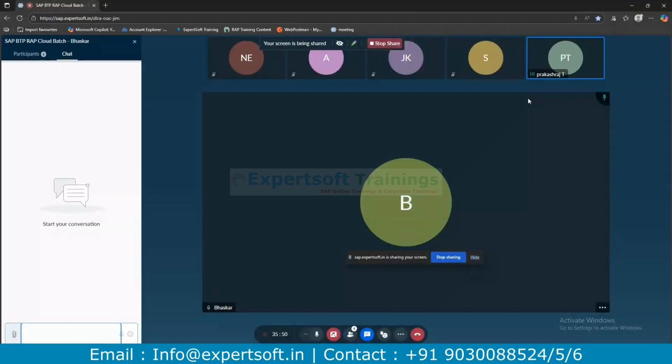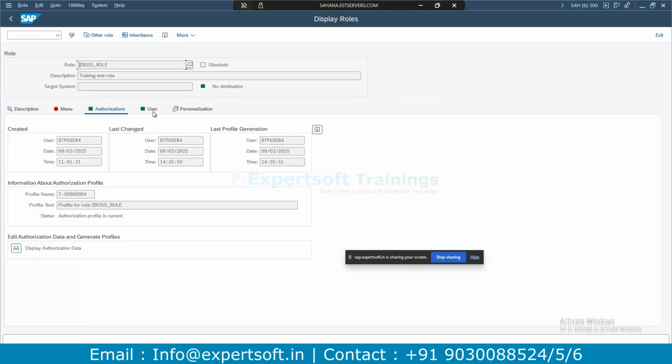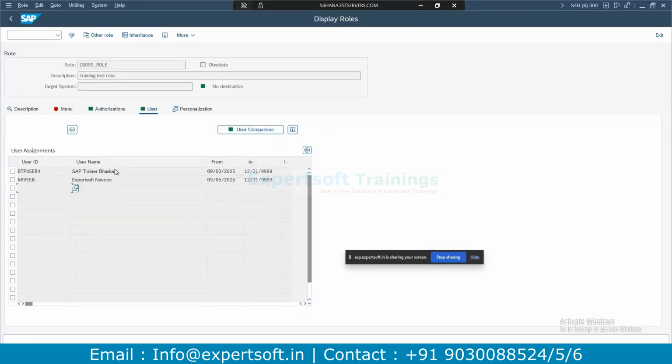Bhaskar, can we go one more example? Okay, for one more example, I have to create an authorization object from scratch for another field. Usually it will be created by the security team, so again I have to ask the security team, or else I have to create it once.